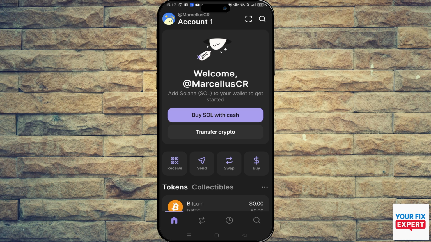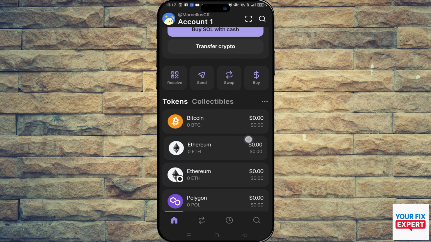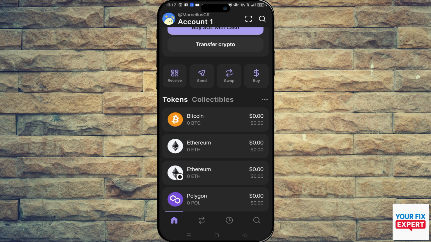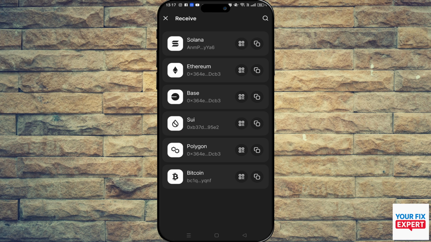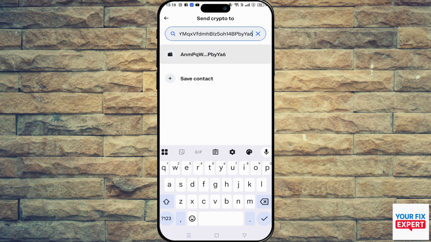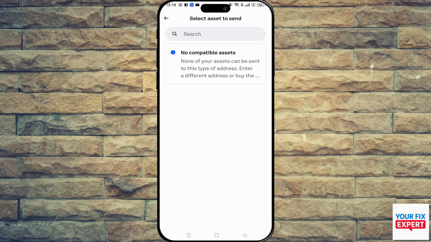So let's jump over to our Phantom wallet here, and we want to click on receive. Now I should have clicked on Ethereum, but I clicked on Solana. So just click on Ethereum and then paste it into that search bar on Coinbase. And it'll bring up your wallet and you can just click on that. Now you'll see I have no compatible assets, but for you, you'll be able to choose Ethereum, and then you'll